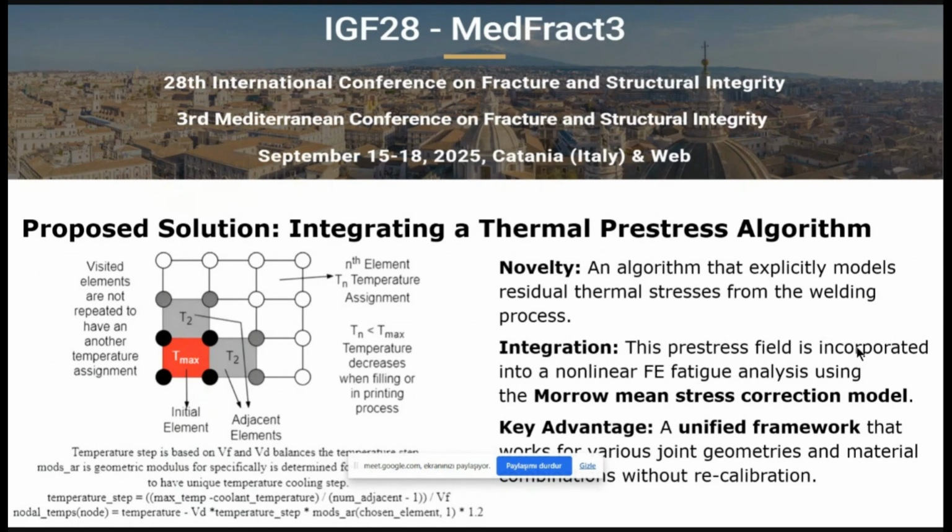We introduced a solution for this case, integrating a thermal stress algorithm, which we used before for other applications in injection molding, sand casting, and 3D printed polymers. We just used it for metals also. There are some publications we made for it. But in this case, for the dissimilar metals, we used simple material models, just like linear isotropic